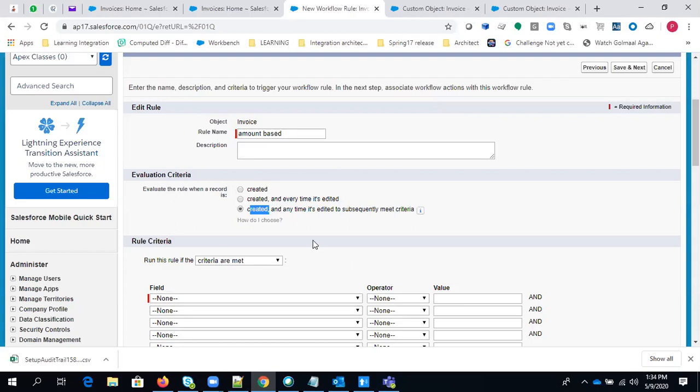If the criteria was not met earlier, like the amount was not greater than 10,000, and you are editing the amount field and making the amount greater than 10,000, then only this third option will fire.